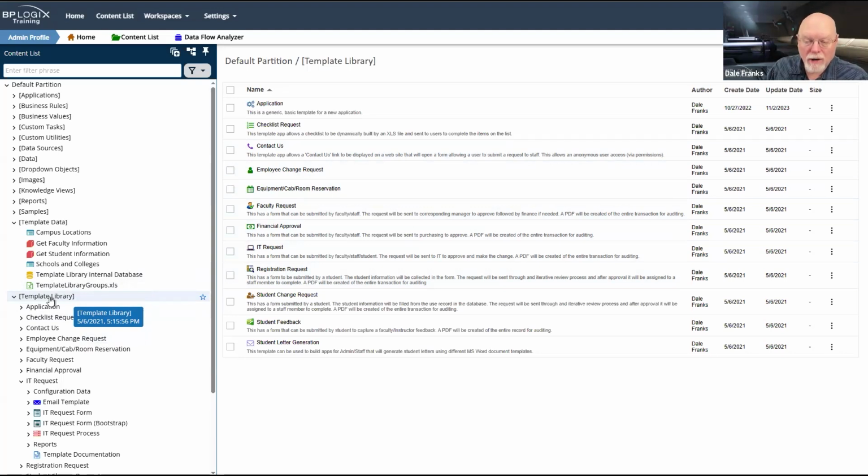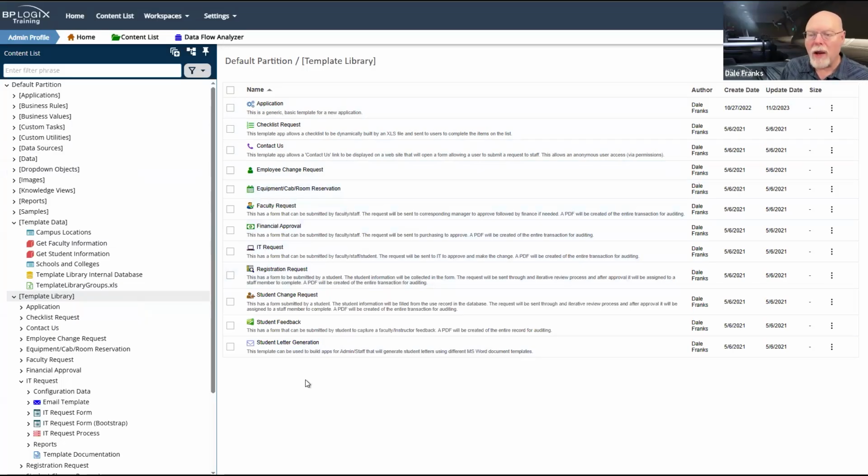There is an architecture to the folder. We always recommend, and I repeat this a lot, that whenever you create an application, everything in that application should exist inside a parent folder. We enforce that in the template library folder. We assume that every top-level subfolder in template library is an individual application with its own forms and process timelines and everything.